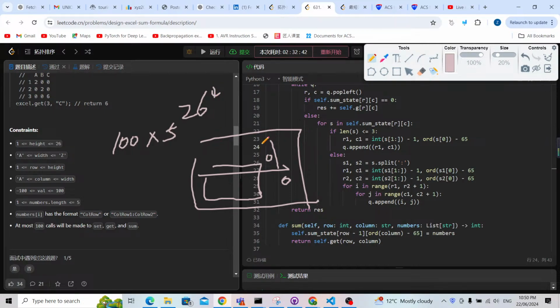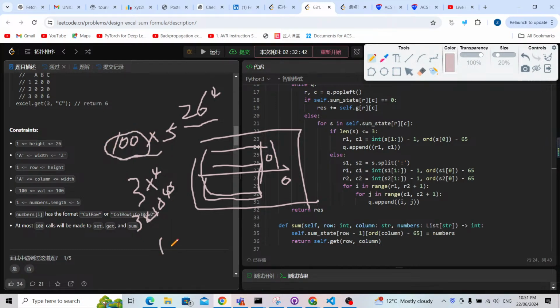Basically we're going to check each one of them, and then for each area, for the maximum, and maybe the maximum area. But even if it is like that, in the real testing cases, maybe it is smaller than that. 26 to the power of 4, we can think about it like 3 to the power of 4 times 10 to the power of 4. So 3 to the power of 4 or 2 to the power of 4, basically it means 3 times 10 to the power of 5, and times this one times 5, it's going to be 1 times 10 to the power of 8. But actually, because there's no dead loop, and this area is going to be smaller and smaller for each of the calculation,